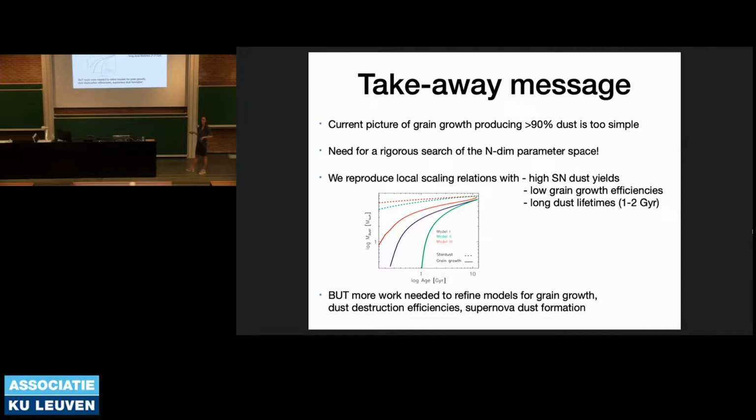But typically when we observe a large sample, for instance, we look at all galactic supernova remnants covered by Herschel, then we typically find detections in around 20%, one in five. If you do the same exercise in the Small or Large Magellanic Clouds, you get the same number. So the question is then, is only 20% producing dust? Most likely that's not the case, because there's always a bias that those 20% clearly have another heating mechanism.